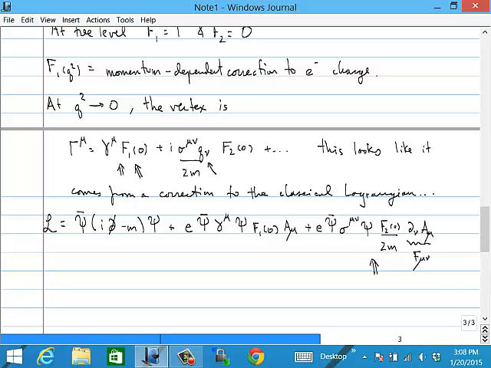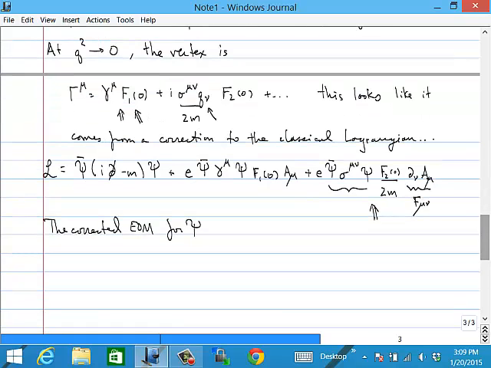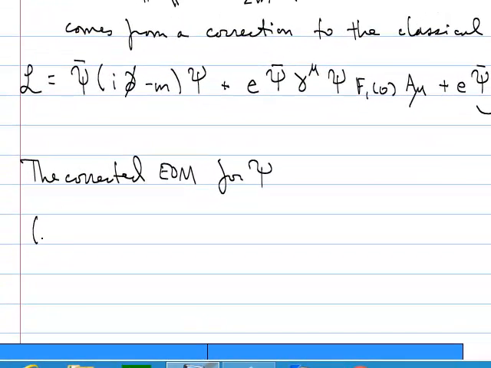So the question then is, what sort of corrections does this new interaction term lead to when you study it as a correction to the equation of motion of the electron? The corrected equation of motion for the electron is just the Euler-Lagrange equations coming from this Lagrangian. Those are easy to read off: just vary with respect to psi bar, and you get the equation i d slash minus m